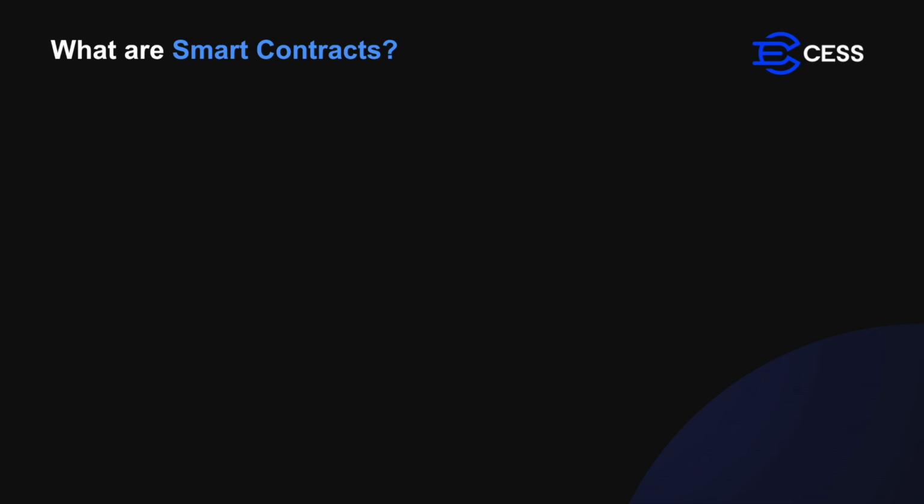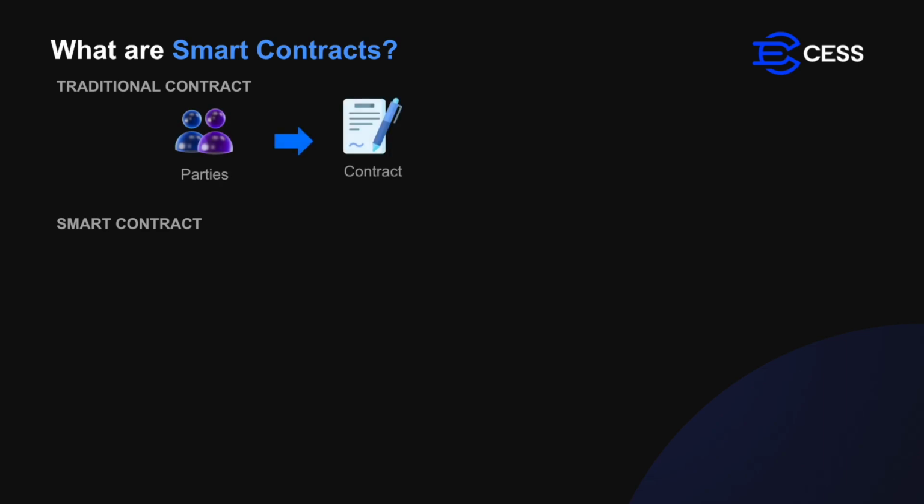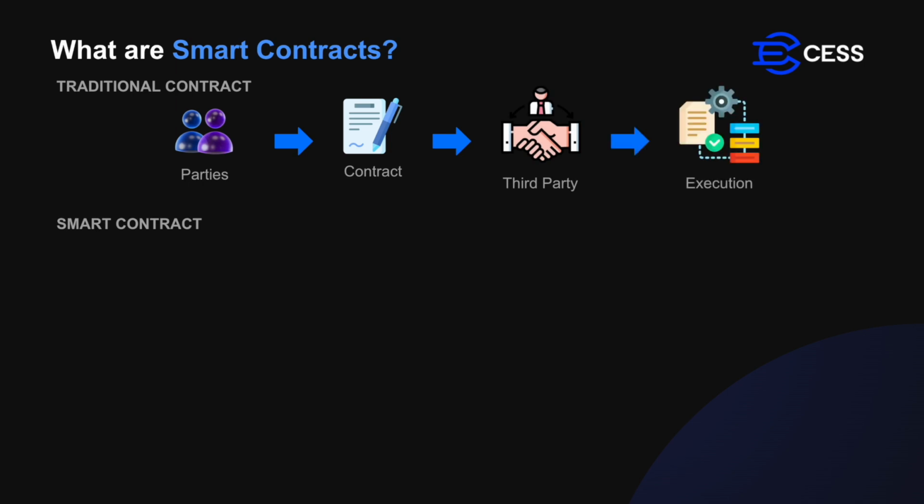To better understand this, let's compare traditional contracts and smart contracts. Let's say two people agree on a deal. They sign a contract, but they need a third party, a bank, a lawyer, or a notary, to enforce it. Finally, the contract is executed. This adds costs, delays, and trust issues because you must rely on the middleman to ensure both sides follow the